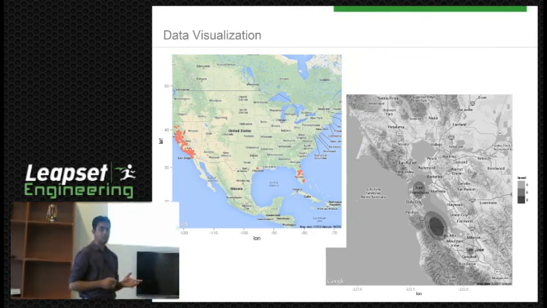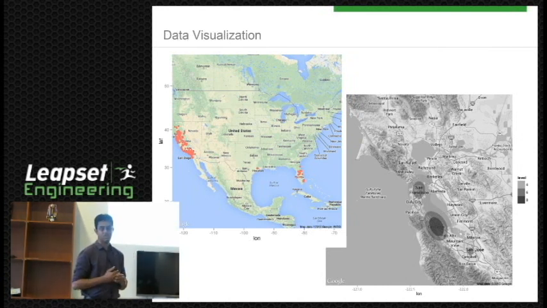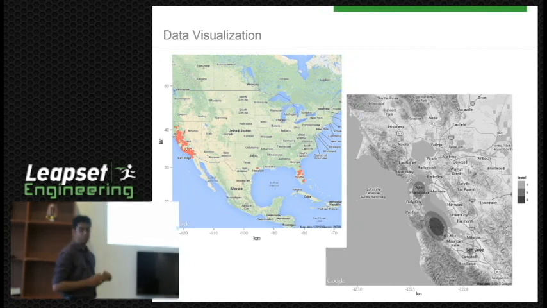So these are some visualizations. With big data, we have to make it visual, right? There are enormous amounts of data, and it's impossible to get insight from tabular formats. So visualization is very, very important. This is a visualization that my team members did. This shows where the Leapset merchants are. You can see the red dots where the Leapset merchants are operating.